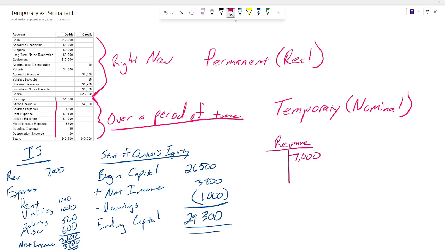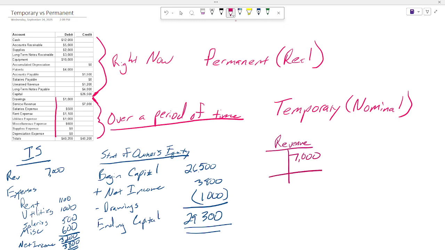If I don't do anything with this, if I don't reset it for next year, this is just going to keep building up and up and up. If I have my business open for 10 years and I've never reset the accounts, I'm just going to have a really big number in here. That means this is what I've earned over the past 10 years. But what we actually want to measure is how much we have earned this year. So every year at the end of the year, we have to reset the accounts so that we can measure again for the coming year.